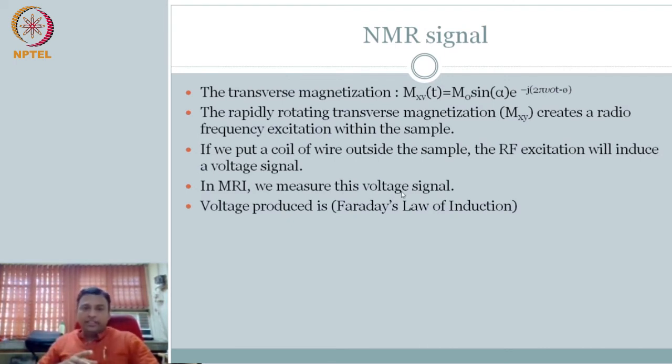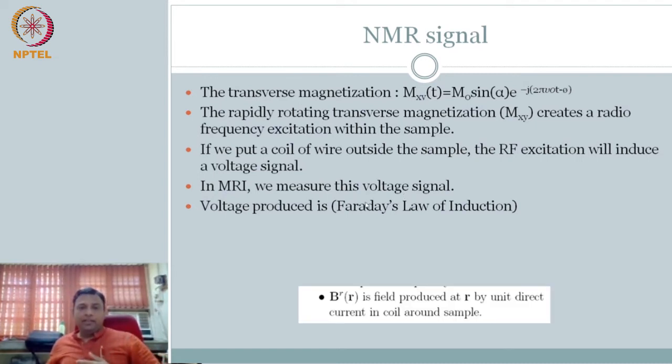So in MRI, the NMR signal is essentially measured as a voltage using Faraday's law of induction. So we have the magnetization vector. We built our case understanding the meaning of this magnetization vector and what it physically signifies, right? Now we are saying, in order to measure that, if we put a coil, then because this magnetization vector is cutting it, it will induce a voltage, and this voltage will be proportional to the M vector. Okay. So how do we measure it?